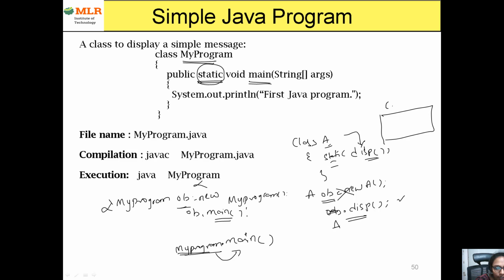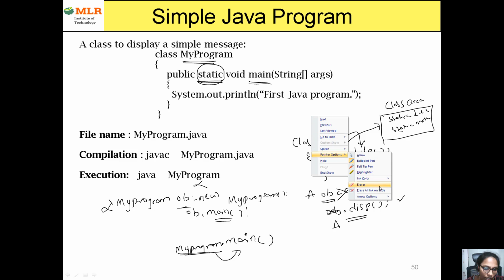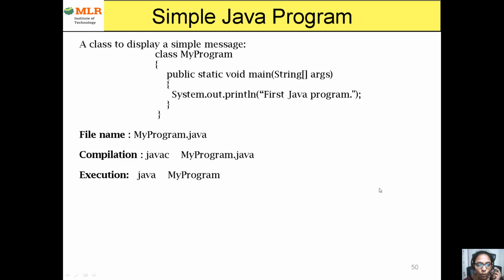So whenever you create a class, some default memory will be allocated for the class. It cannot store bulk data, but some default space is there for the class area. Within that class area only the static data or static methods will be stored. So it isn't related to any particular object, it is related only to the class. That's why we are declaring our main method as static. If I declare my main method as static, the OS need not create an object to call the main function. And we know void doesn't return anything, that's why it is written void, and main is the function name.